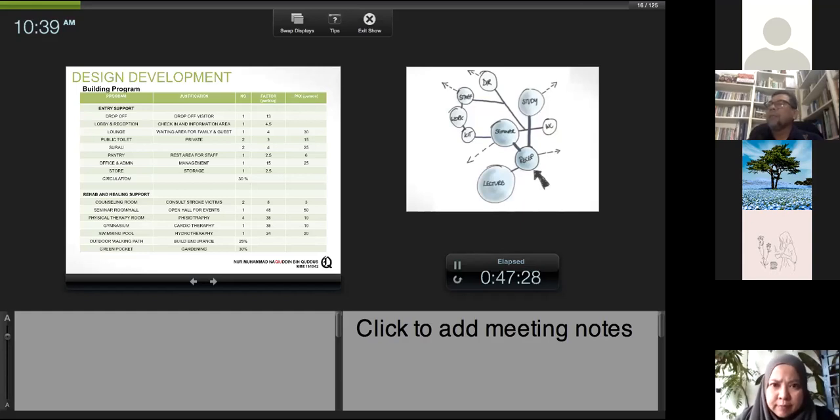After they identify the space requirement or schedule of area, SOA, in UTM we call it space requirement. Over here we call it schedule of area. And we should go next to understand the building program. Bagaimana program ni, bangunan ni akan berjalan, maknanya bagaimana programnya berlaku, apa yang berlaku. If there is a, in this case, I think the project is related to rehabilitation, rehab center.